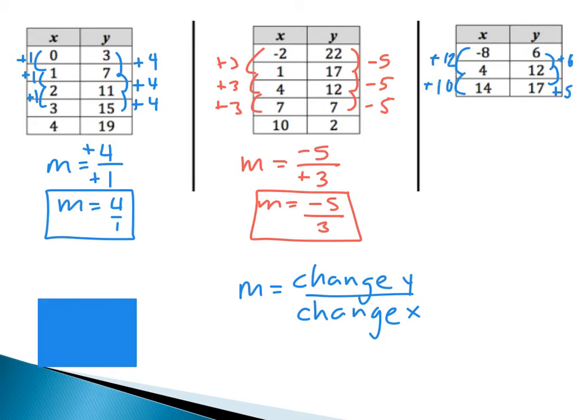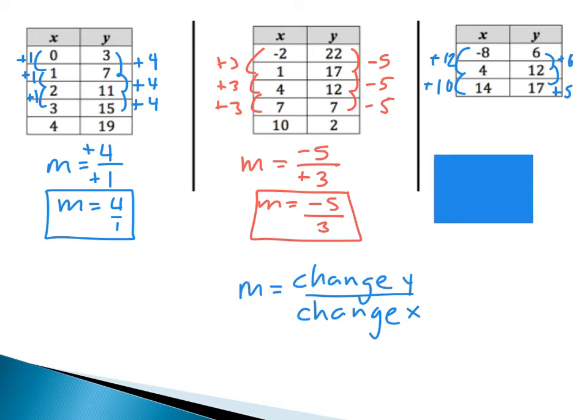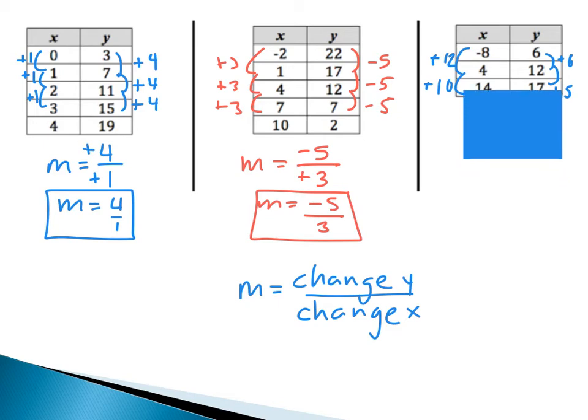So notice that there's not a pattern. Well, if there's not a pattern, that doesn't necessarily mean there's no slope. But if you look at my x and y values, especially my x values, it's not consistent. Notice how this one went 2 to 1 to 4 to 7, went up 3 every time. But this one's going up 12, then up 10. It's changing. It's different. So if you get a table like this, in order to find a slope, you must